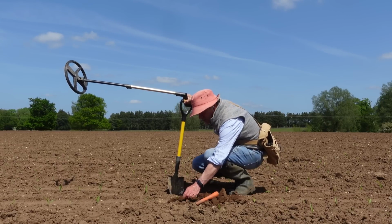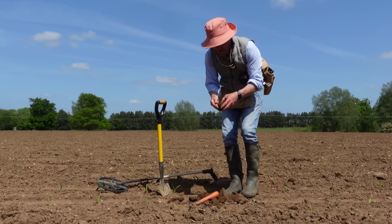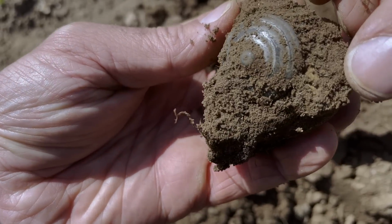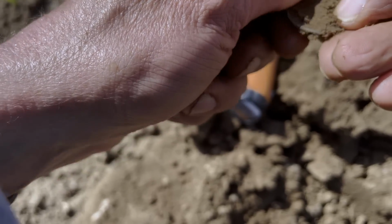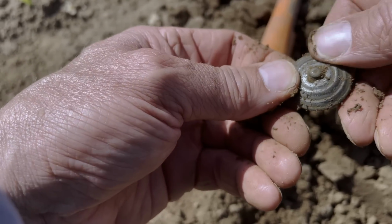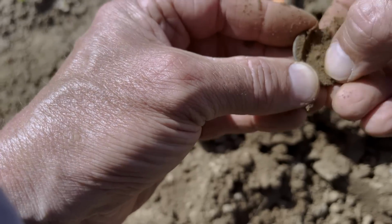Well, no, it's not a tin can. It looks to be a bit silvered, actually. It might be nice. I don't know. It looks like a disc of sorts. No wonder it made such a noise. Look at that. Well, I don't know. Is that a brooch? It's definitely silvered, so someone's made a bit of a fuss on it, but it looks a bit like a sort of top. Is it a modern sort of...